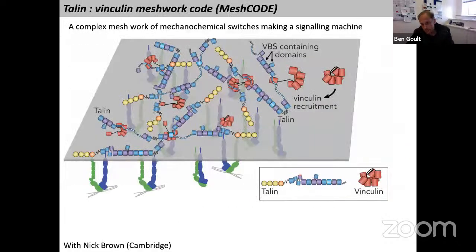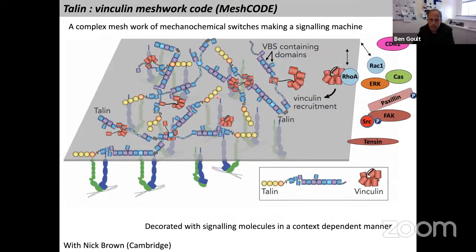And where this gets more complicated is all of what I've talked about so far is a single talin molecule with vinculin and all the proteins coming in. One of the complexities is that this isn't just a single molecule. These adhesions have got hundreds of talins and vinculins and other mechanosensitive molecules. And they form what looks to be like a meshwork inside the cell, which is where this notion of a mesh code arose, because it's a meshwork code where this scaffolding has got this capacity to change its shape and change its signaling outputs. So depending on the forces and depending on the extracellular environment, this will adopt a certain array of ones and zeros.